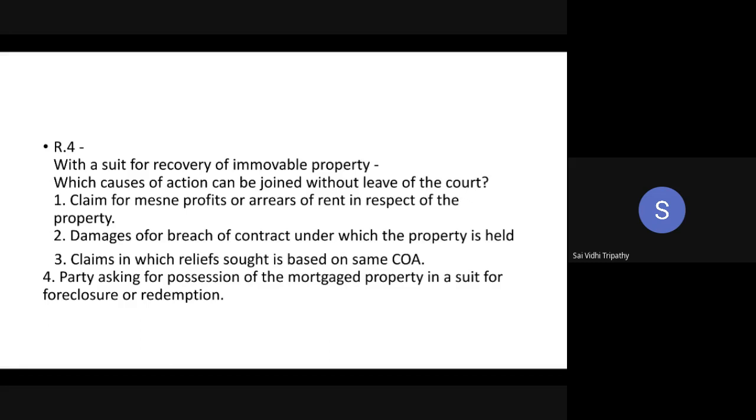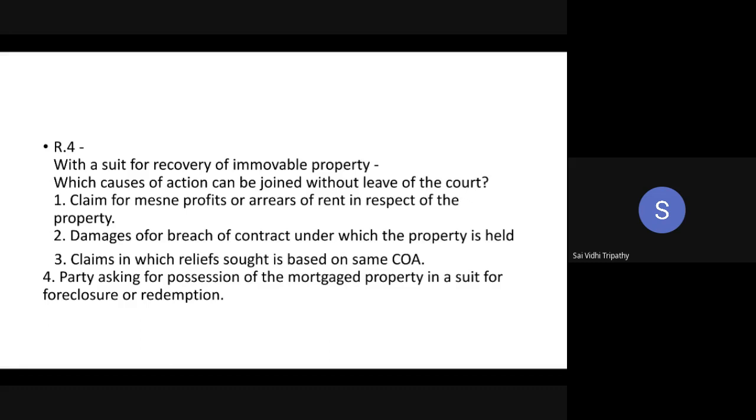First is a claim for mesne profits or arrears of rent in respect of the same property. So basically, if mesne profits accrue on that property, or there was rent whose arrears remain, all of those you can claim in the suit for recovery of immovable property. Next is damages for breach of contract under which the property is held. If you hold the property under a contract, and because of a breach of that contract you are claiming damages, then for that also you can join that cause of action along with